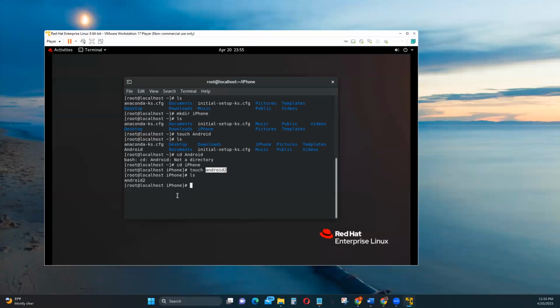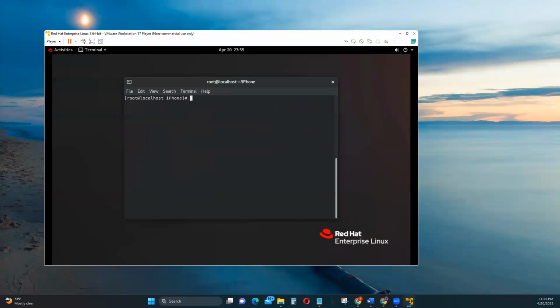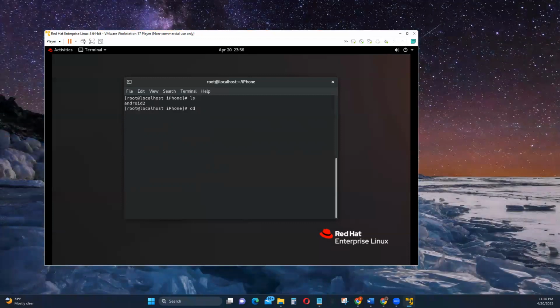Now, moving forward. Now you may wonder, how do we delete a file or how do we delete a directory? Now let's write ls. Since we are in iPhone, we need to go back. How do we do that? cd, change directory, space dot dot, brings us one step back, which is the root. And in there, we're able to write pwd, ls for list of directories,